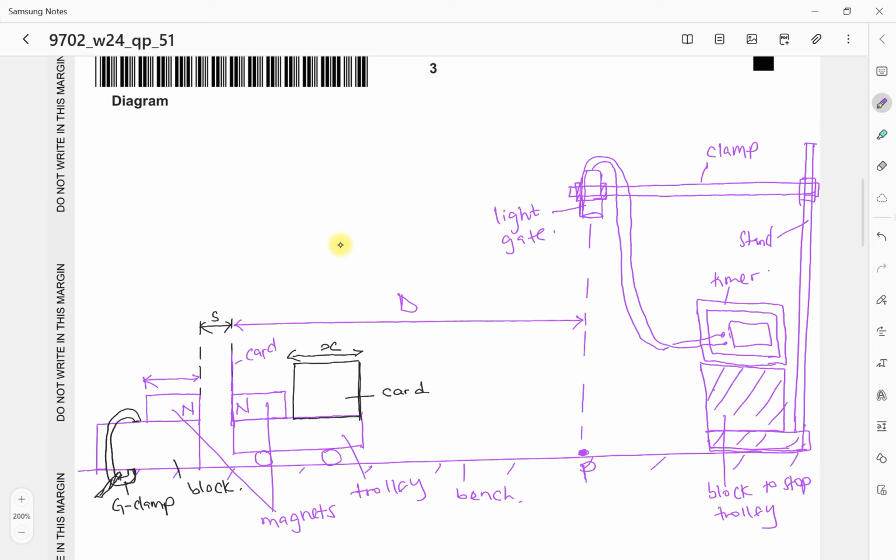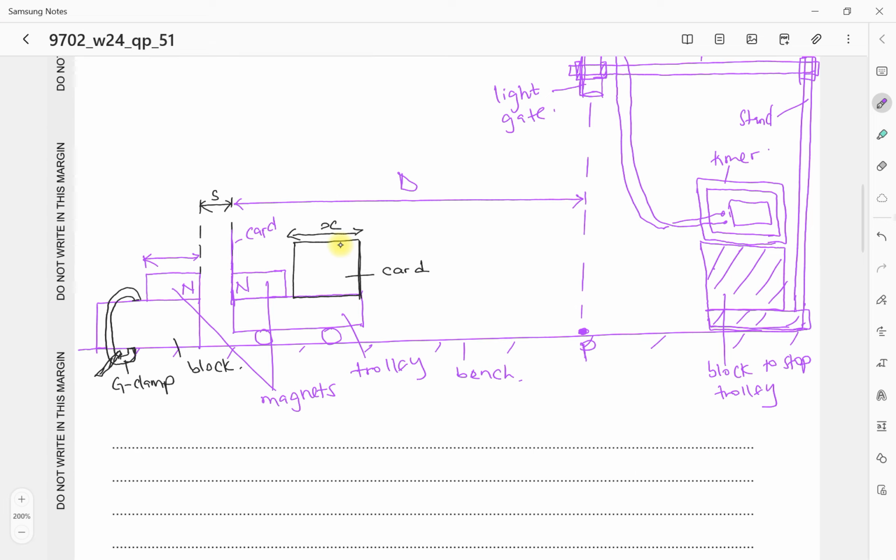Try to label as much as possible so that you can get that 1 mark for clear labeling, because you may not have used the conventional symbols. After all, some apparatus do not have conventional symbols. Okay, now I can write my essay. If you have a diagram like that, this diagram has a lot of marks, because some of the things that I've added here could have been awarded in additional details. But by adding them here in the diagram, they may not be awarded in additional details, but they could be awarded here. For example,